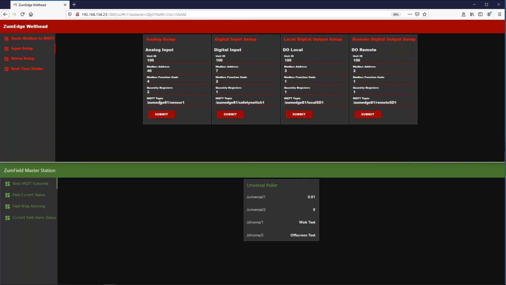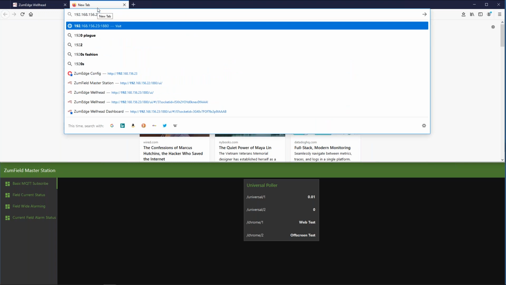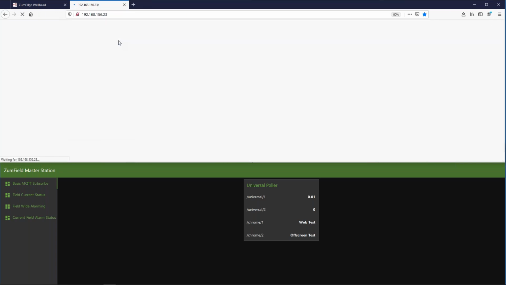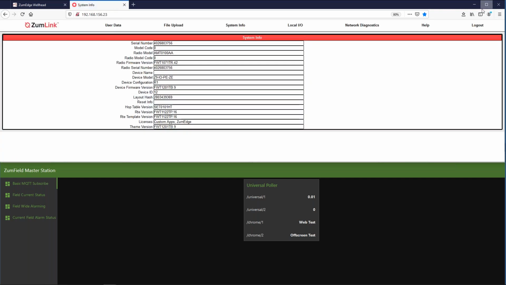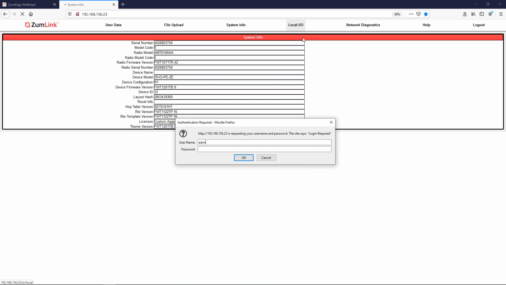So it's my analog input on my Zoom Edge, my digital input on my Zoom Edge, one of my digital outputs, and my other digital output. So Modbus 47, 3, and 2 are my registers. Just real quick, so that I don't get too far out, to show, because I like to know a little bit of where some of this is coming from. So to show this, if I log into my actual Zoom Edge itself,